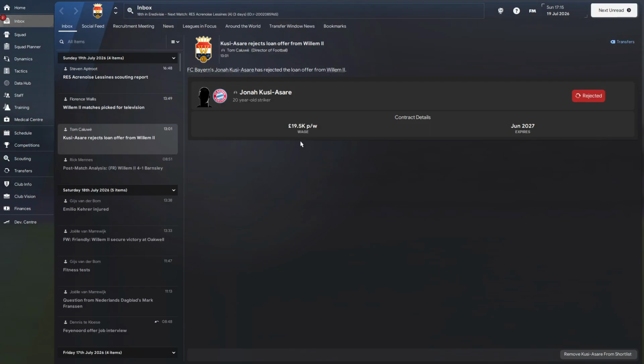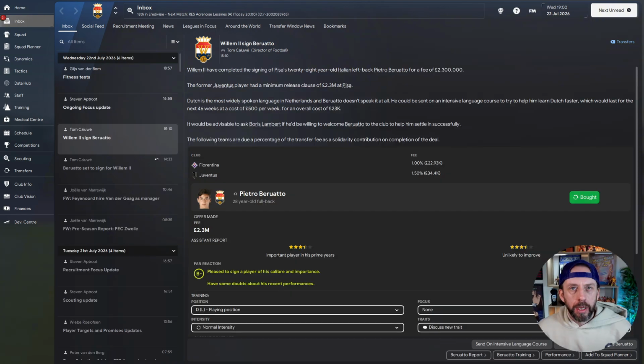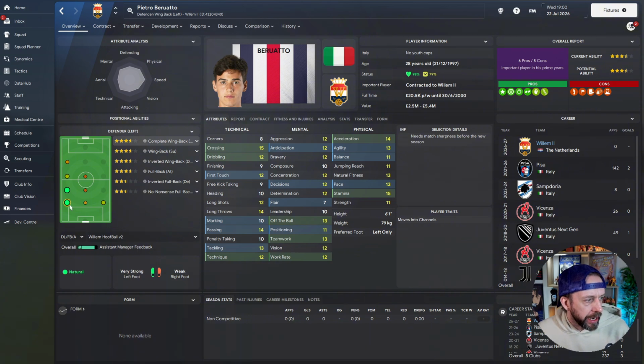More frustration in the transfer market. I tried to get Jona Asare in on loan. I also went for Paul Onuachu, the veteran striker at 9'23", but he turned us down as well. But I have finally got one over the line, and it's a new fullback. Pietro Berruato comes from Pisa in Italy, and he's that left back slot, so I'm going to have competition for my boy,